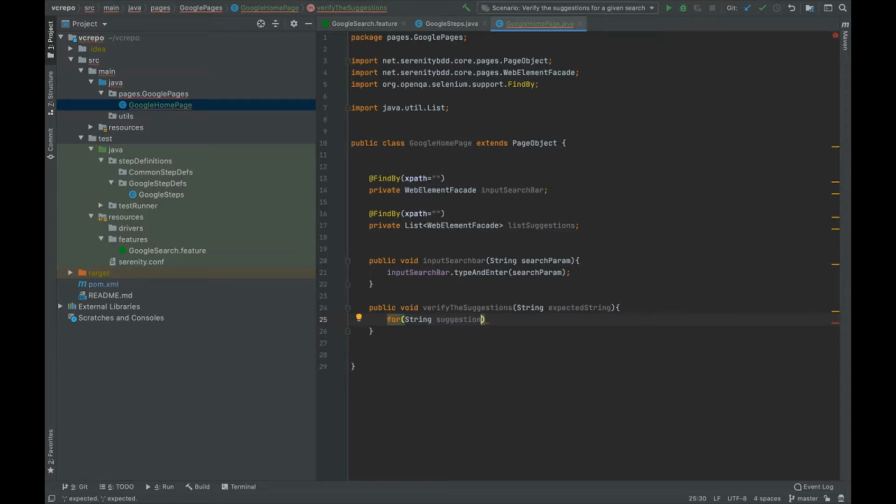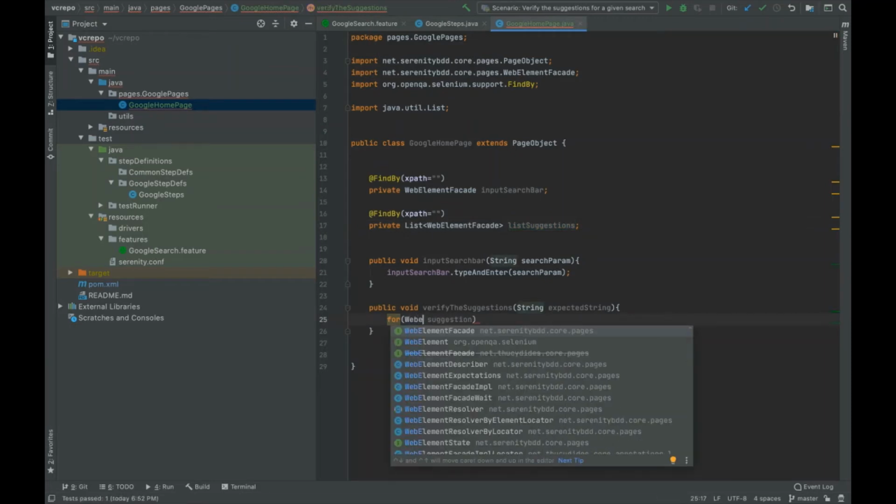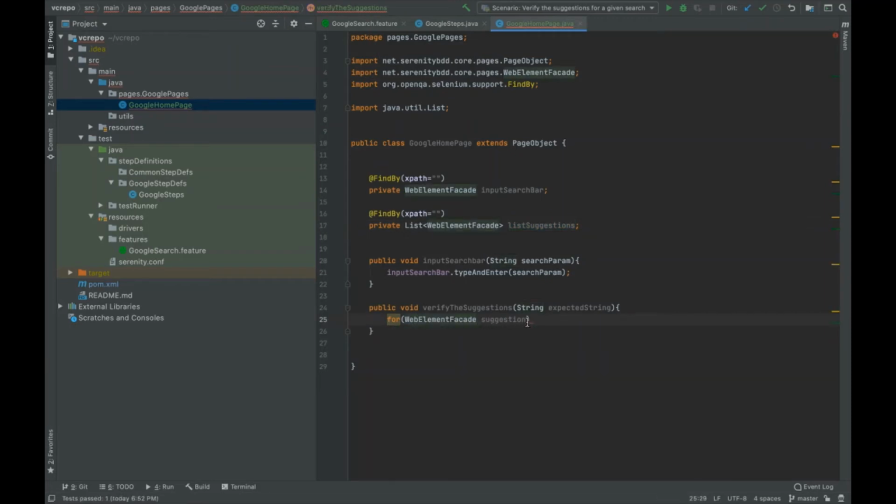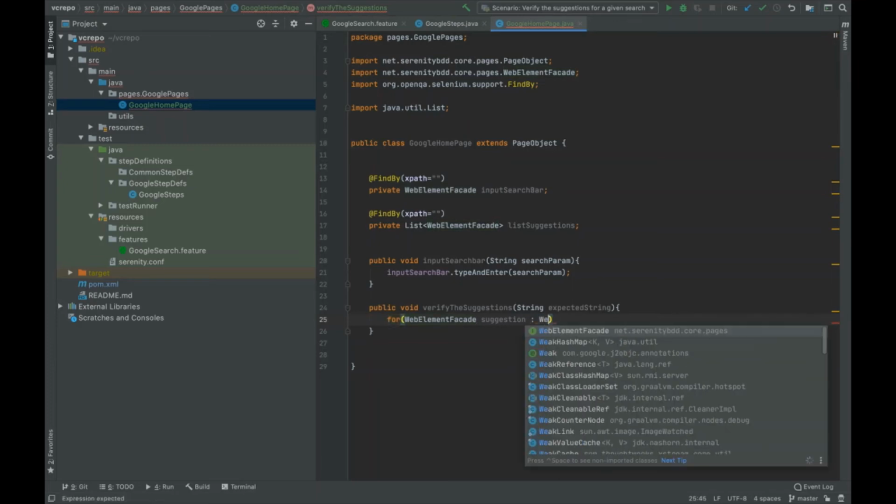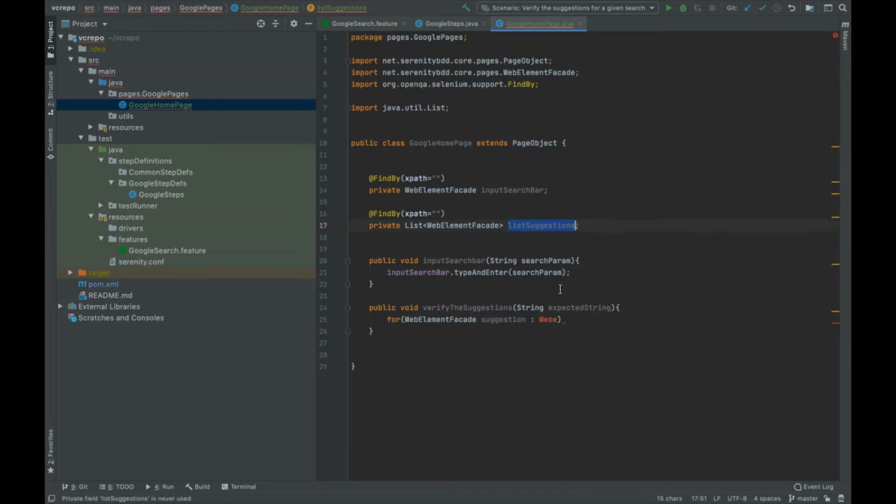But one thing here, the web element, we will be getting a list of suggestions, and this is a kind of WebElementFacade. So what we have to do is go to that element, and then we need to get the text out of it or any of the value or parameter that we need to check. So what we do is for all WebElementFacade suggestion in WebElementFacade, the elements are already present here, list of suggestions, Ctrl+V. What we will do is